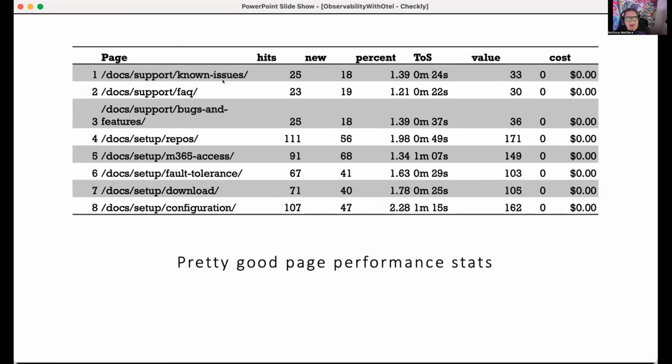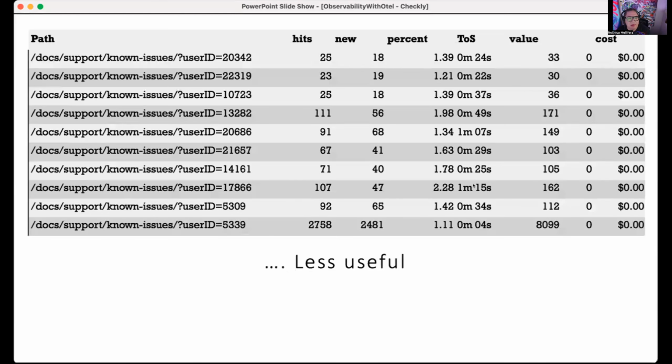And we're able to get from that some really nice page performance stats. We're able to do a lot of processing and come to interesting information on what is the overall value of a particular page load, what is the cost that it reflects to our infrastructure, that kind of thing. Now, let's look at data that is the same information, but in a format that is much, much less useful